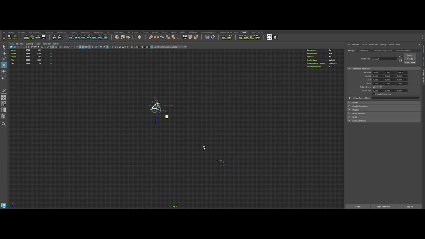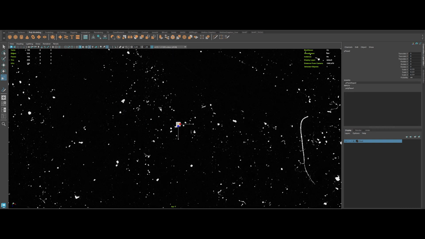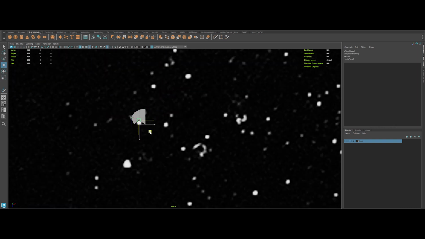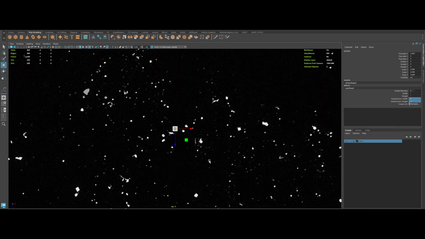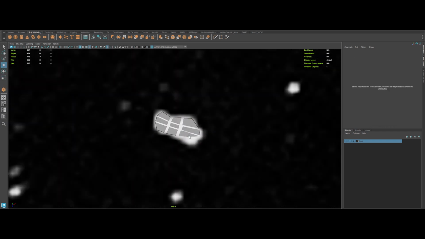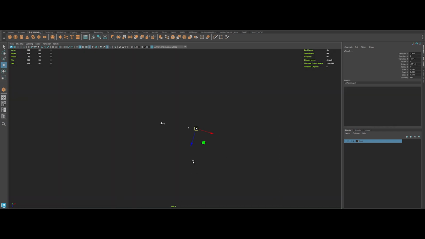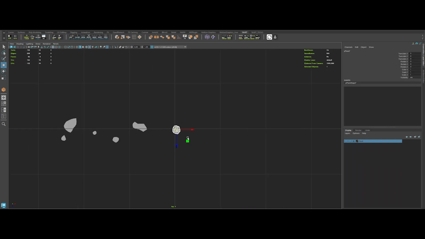Next up, grime time. Create another plane and deform it into the shape of the dirt patches in your texture. Make a few variations. Some small, some medium, and a couple of big boys. Tweak their shapes and get that organic vibe. Once you're happy, select everything, snap it to the center of the grid, freeze transforms, delete history, and center the pivots.